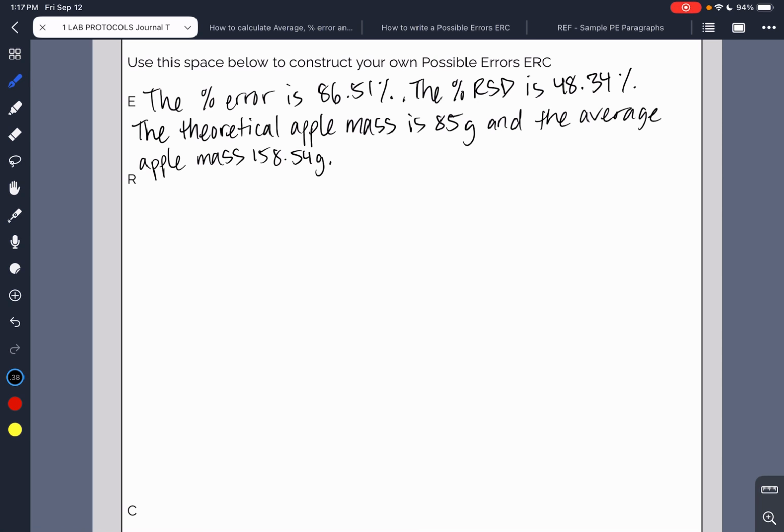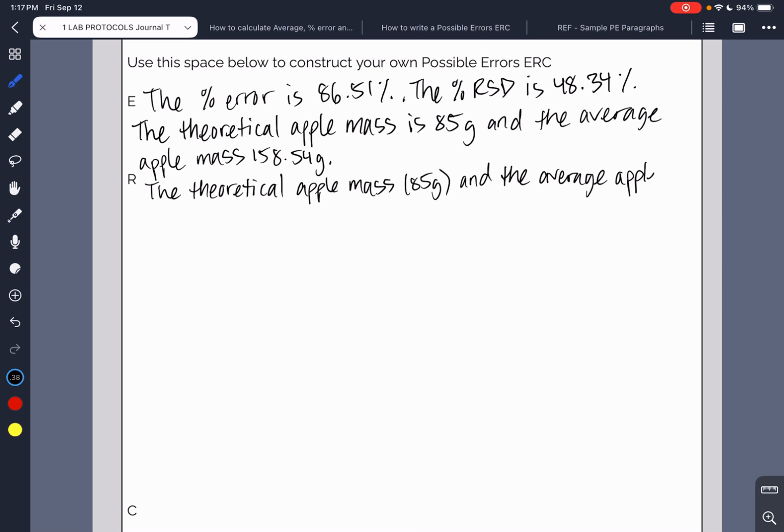So the theoretical apple mass, now I'm going to put the value in parentheses, and the average apple mass, which is 158.54. Those numbers are pretty far away from each other. So they're far apart. This means,